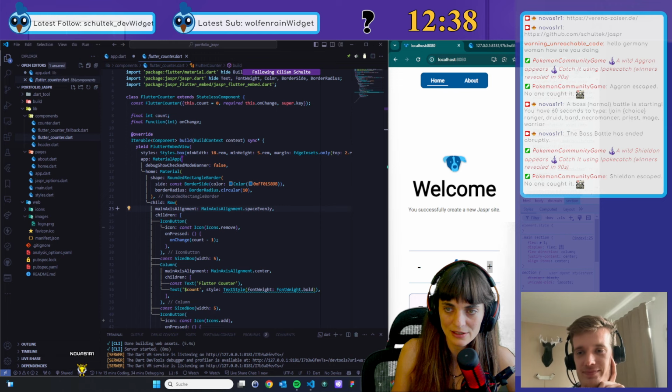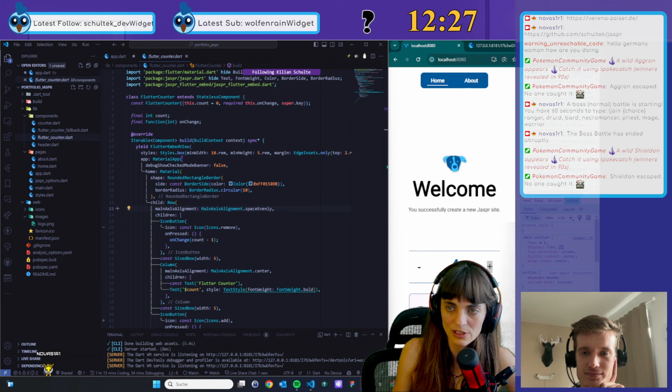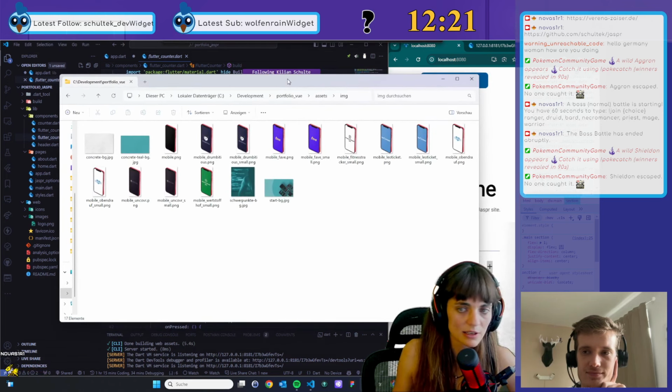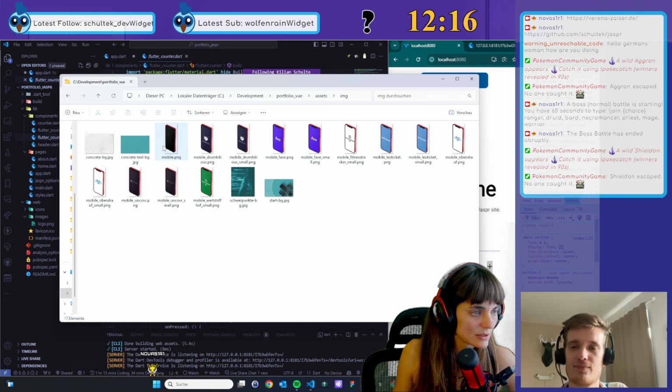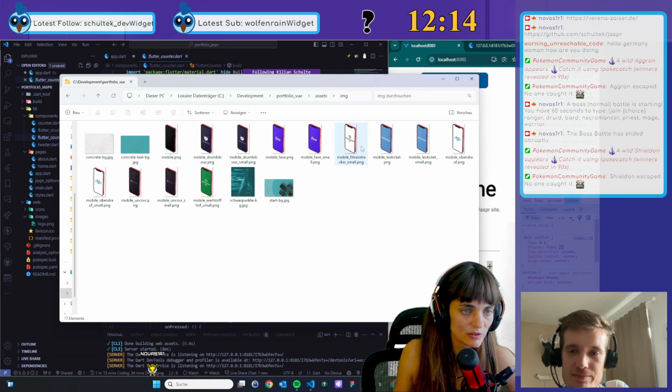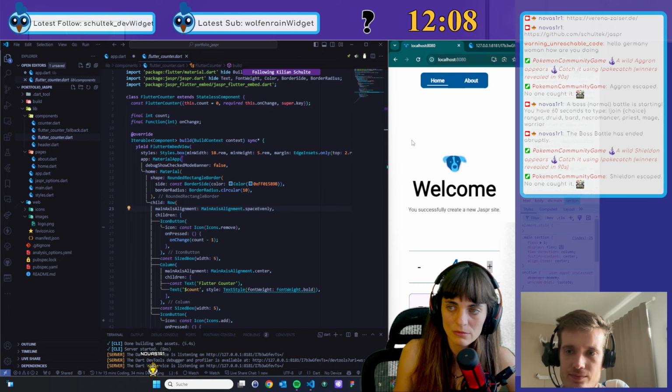Okay, I have an assets folder with CSS, icons in SVG, image folder, and JavaScript folder. Okay, no, we can ignore that. But yeah, for example, the images. So, yeah, here are the background images, the mobile phone images with the projects, and the start background image. I have them all here.